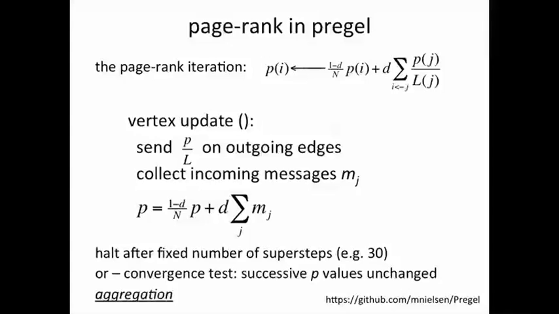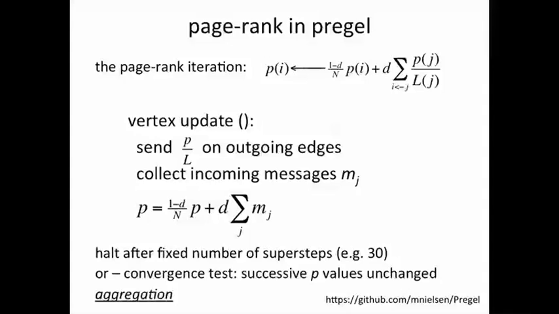Now, one of the ways you compute PageRank is you start off with some initial values of p at every vertex, typically 1 by n is taken as a starting point. And then you do this kind of an update. So p of i at the next step becomes p of i times a factor. Typically d is something like 0.85, so this becomes 0.15 over n. So it's p of i multiplied by some factor plus d, which is say 0.85,